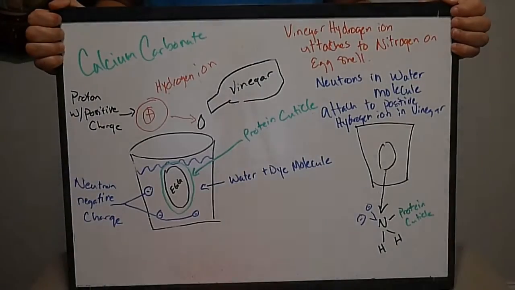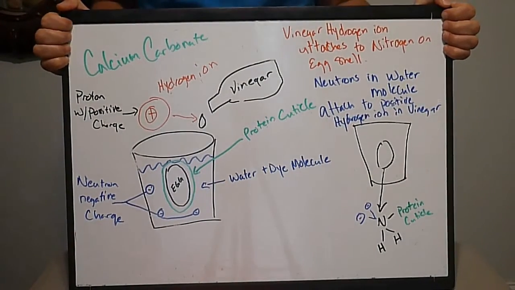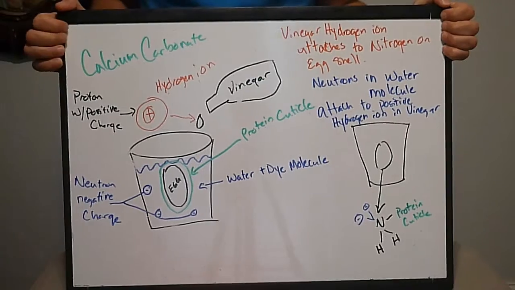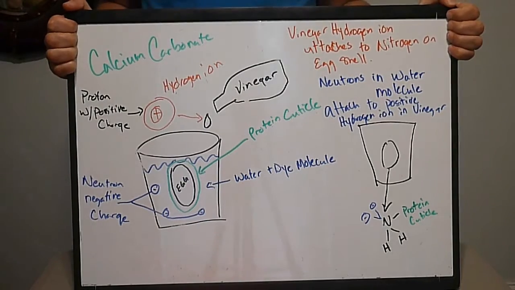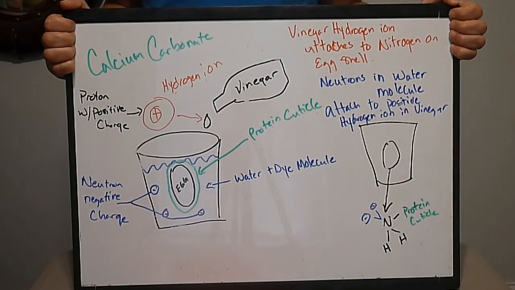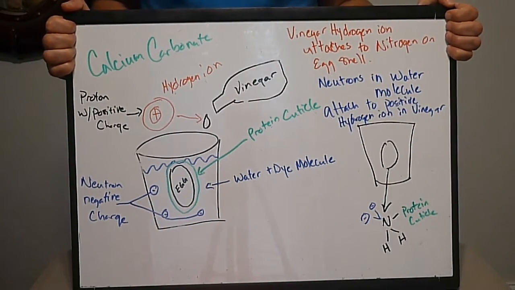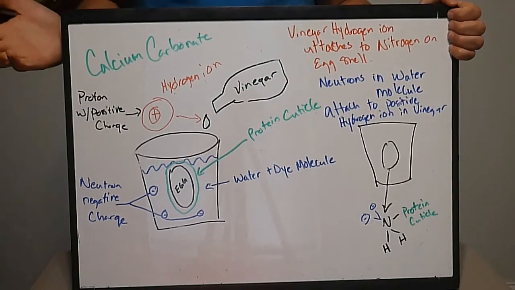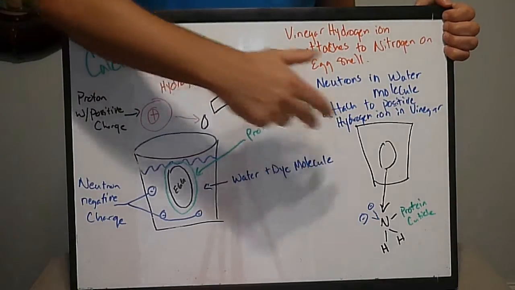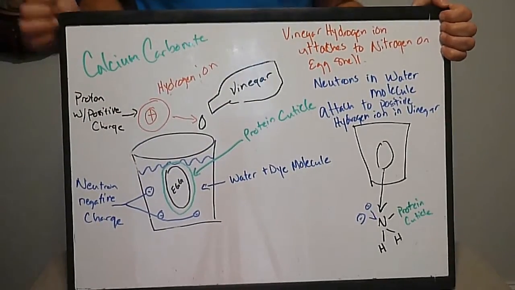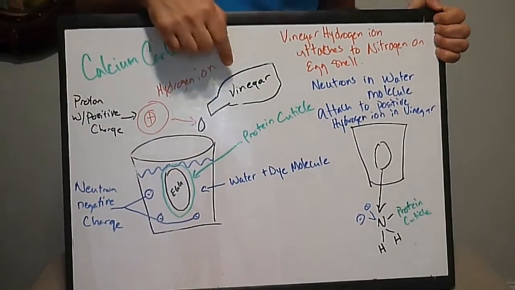Alright, so egg dyeing. Great Easter tradition. What chemistry is going on when we dye an egg? So this is the way I understand it. When you dye an egg, you put the egg in the water and dye molecule, and then you add